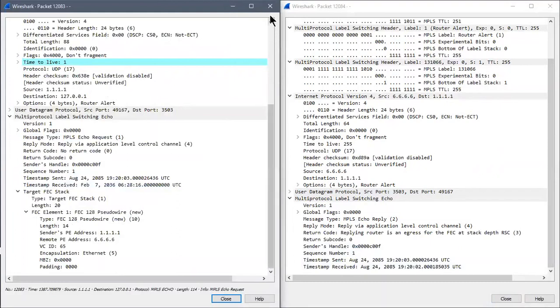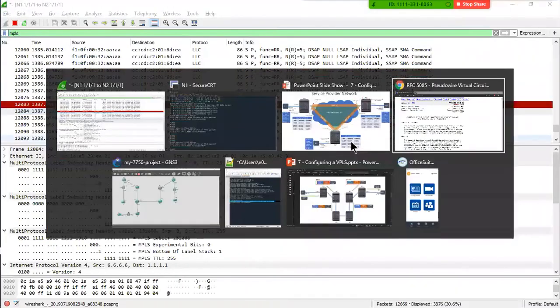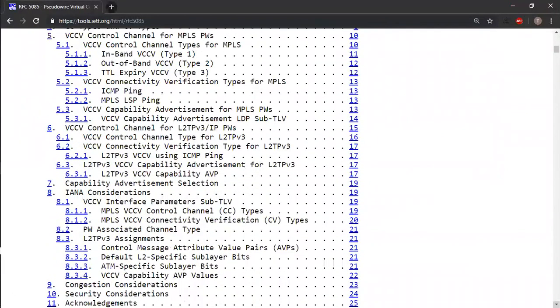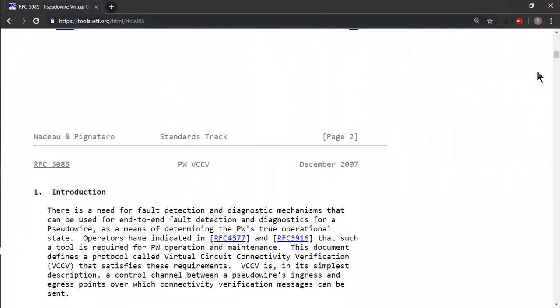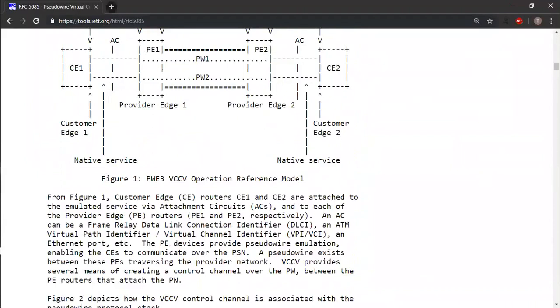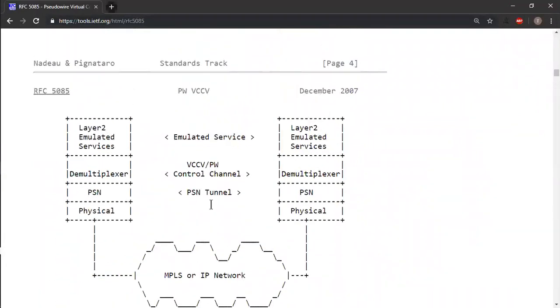It might be worth actually doing a video on maybe troubleshooting VPLS, because it seems like VCCV is pretty deep, for it to only be 26 pages. Yeah, so I'm going to have to dig into this quite a bit more and gain a full understanding. And if it's worth doing a video on, I'll do a video on it. But